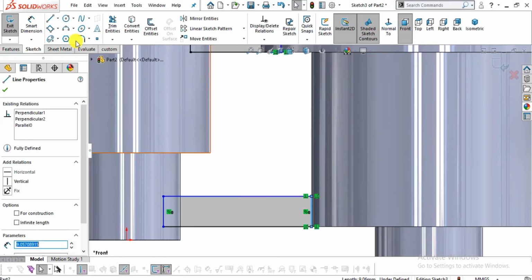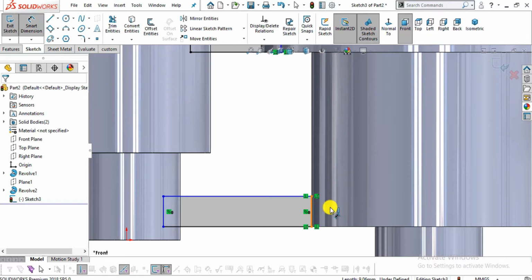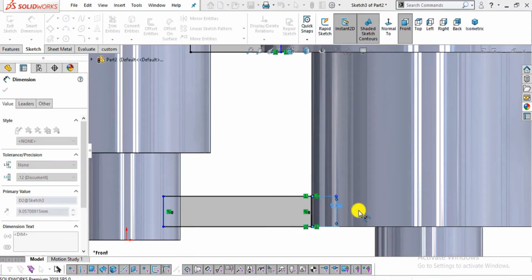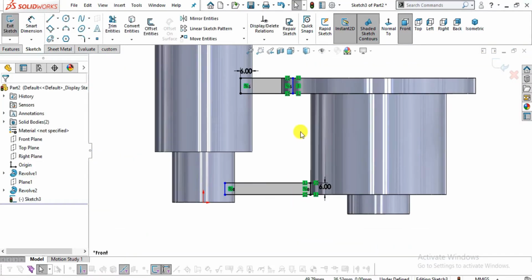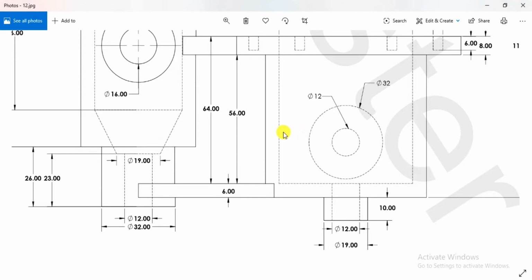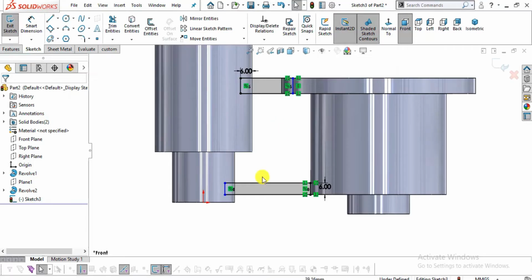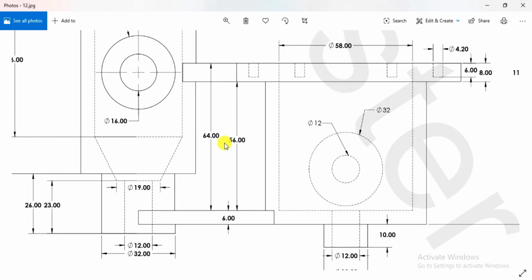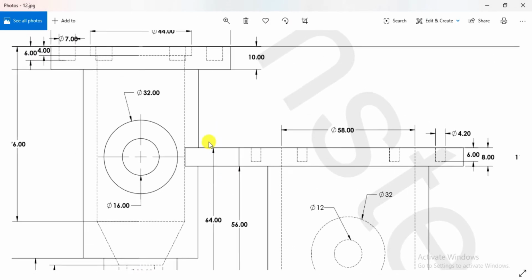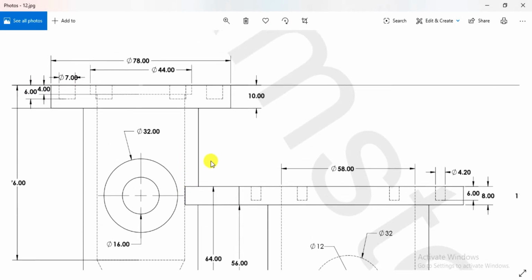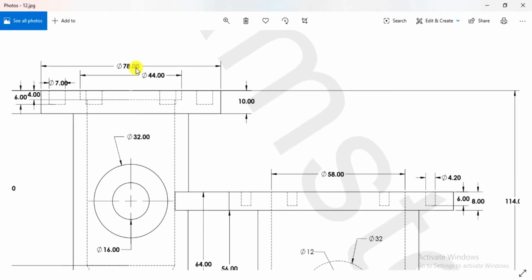So select this side, go to smart dimension, select this side. This is also 6 mm. Now this will be up to the mid, you can see, and this is up to the inner wall, which is 6 mm thick, which you can calculate by subtracting the diameters of the outer body and the inner body.